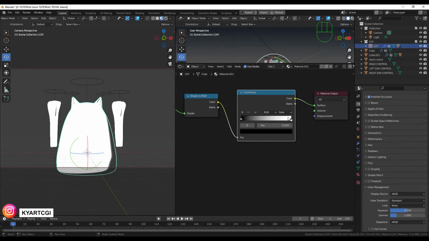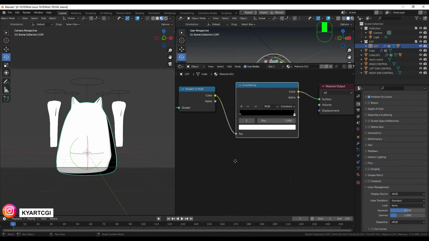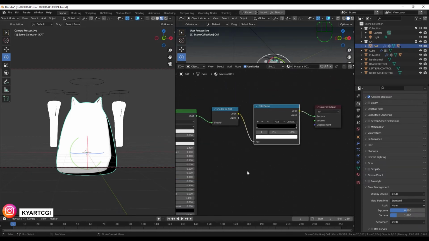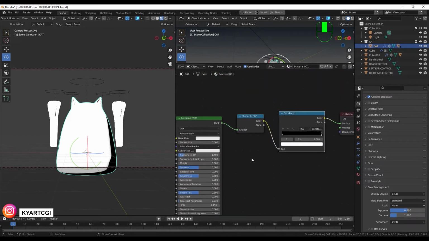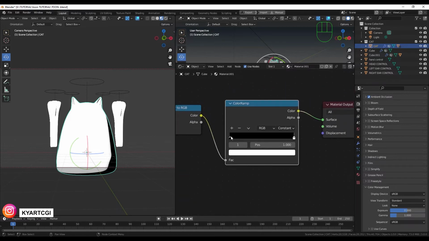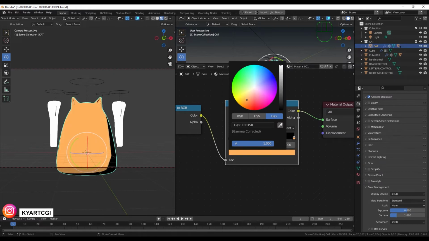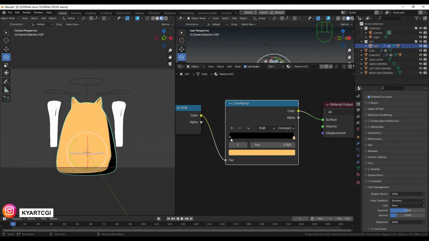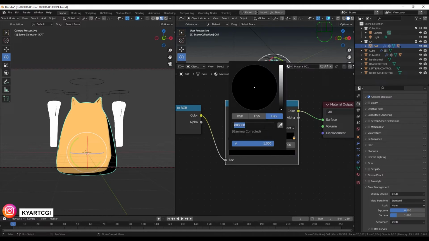Because if you leave it in easy or in the other one, you can see that the shadows have a transition, a gradient transition, and we don't want that. Okay, now basically this is the shading setup for the Toon Shader. So right here you can change the colors, just here for example, and then I can copy this code, Control C, and then I can go here and paste it, Control V,